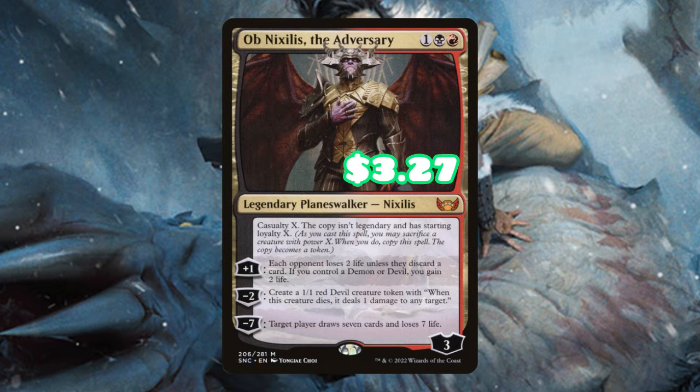Ob Nixilis can kind of be amazing here as well. A lot of people don't actually run Planeswalkers in EDH, so we're going to probably have to run a couple just to get them in the graveyard, and Ob Nixilis does this amazingly. Not only can we very easily, in the right scenario, sacrifice a 7 power creature to instantly draw 7 cards, but Ob Nixilis is literally just 3 turns away from dying, right? We plus him and then -2 him twice and he ends up in the graveyard,